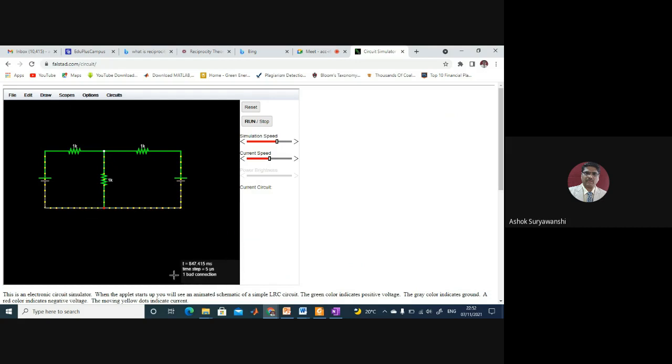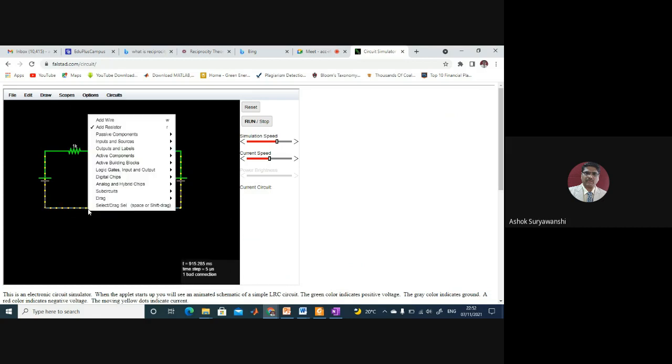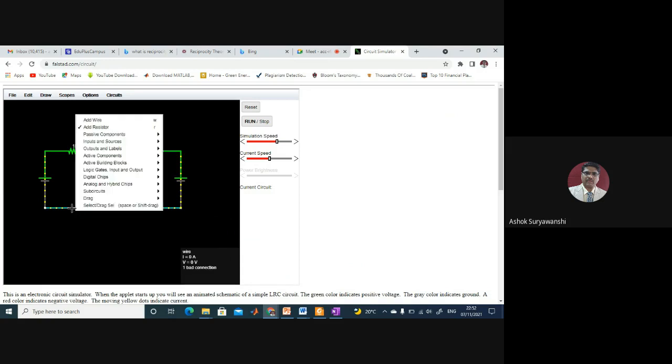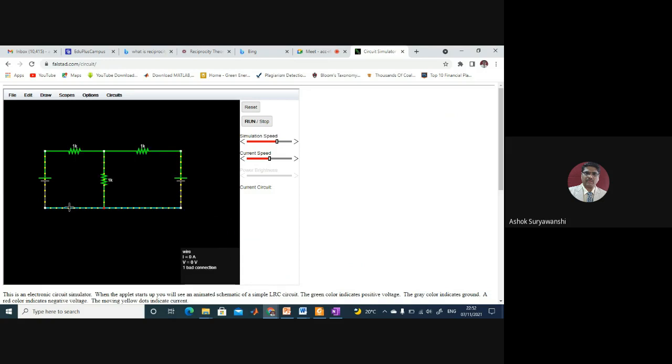You can see on the right bottom side it says one bad connection. That one bad connection is this red one. So we have to break this wire. I will just undo this.